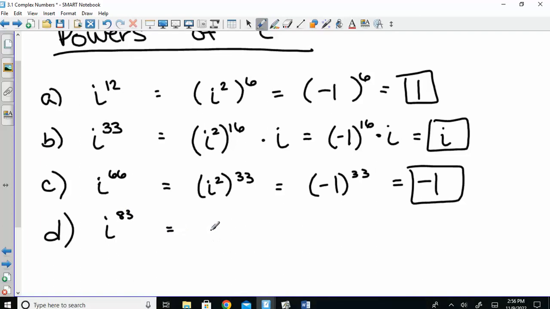And I wasn't thinking about it. So how many groups of 2 can we make? 41. And that accounts for 82 of them, so there's 1 left. i squared is negative 1 to the 41st times i. So negative 1 to the 41st is negative